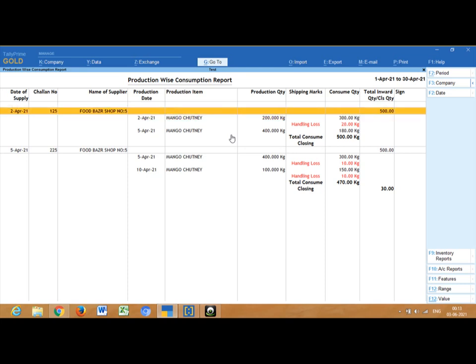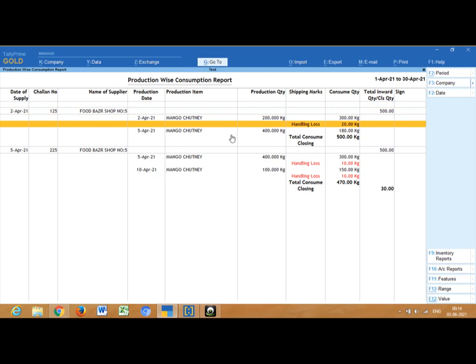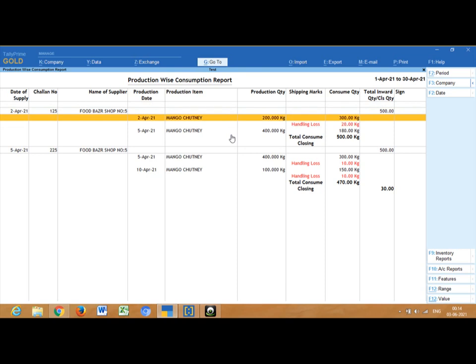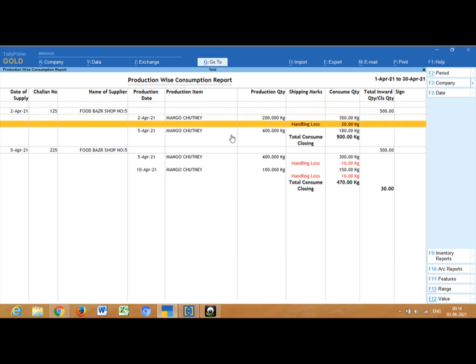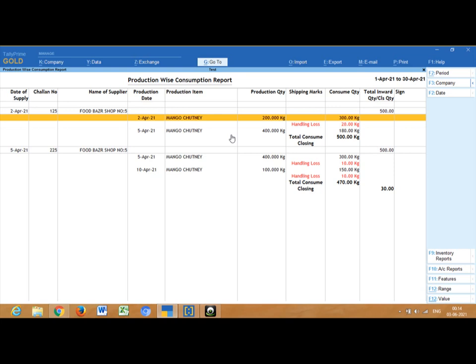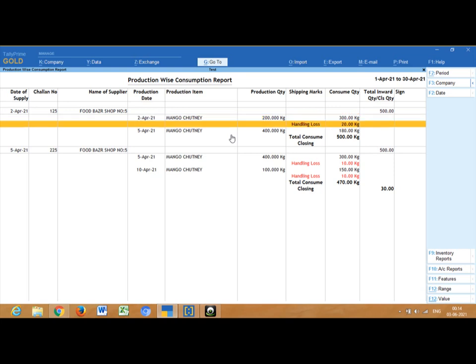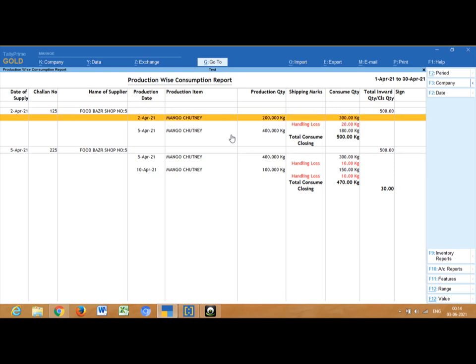Mango I have purchased to produce mango chutney. Now in the manufacturing journal, the production quantity is 200 kg mango chutney, and I consumed 300 kg of this mango, and this one is the handling